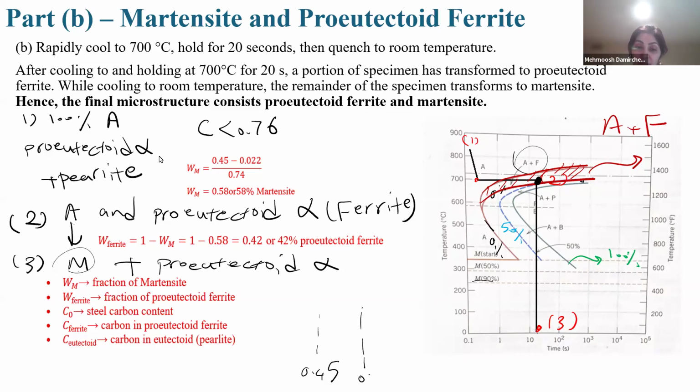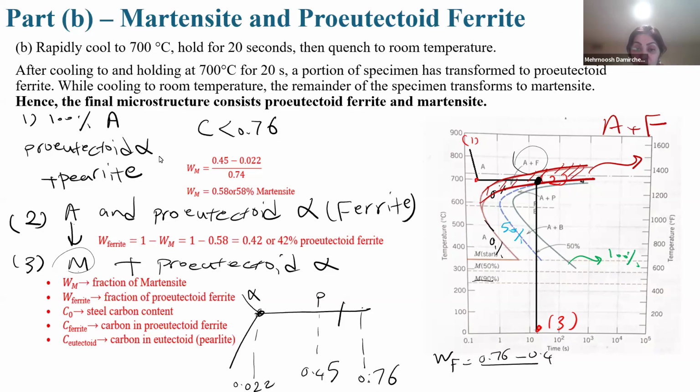Eutectoid weight percent is 0.76, if you remember. The maximum of alpha or ferrite is 0.022. Okay, use the lever rule. It is the pearlite, it is the ferrite or alpha. Which side is far from alpha? This side, so W of ferrite, you can say that